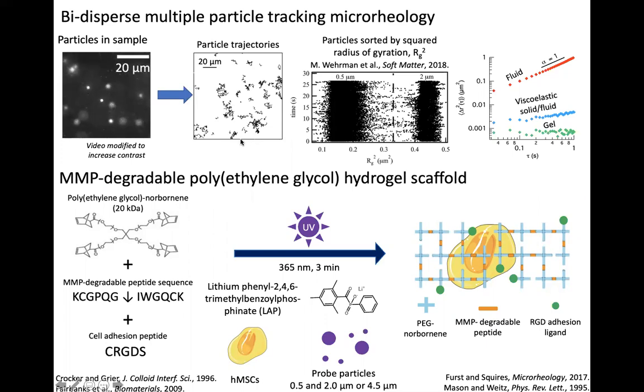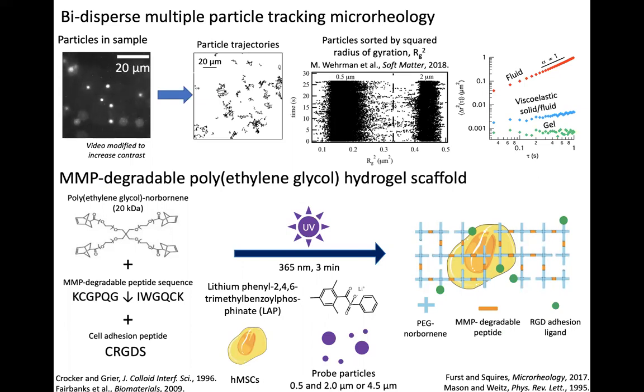And these trajectories have related mean squared displacements, which can be used to relate to different viscoelastic properties of the material. And we've also shown, or others have shown, that the two different sizes of particles can be separated using their radius of gyration, allowing you to calculate two different rheological properties from two different mean squared displacements in the